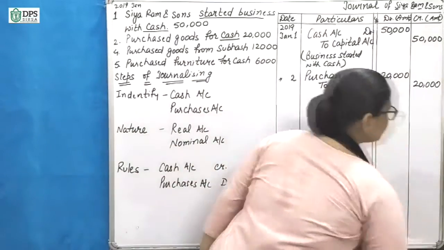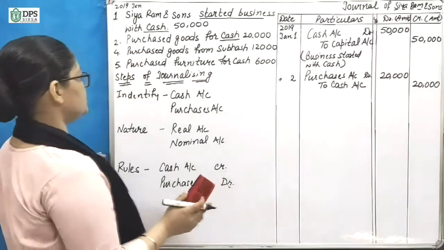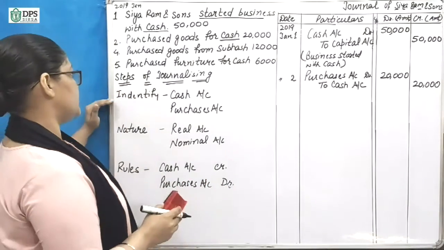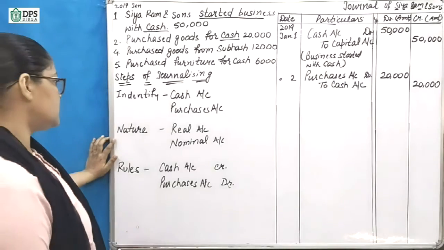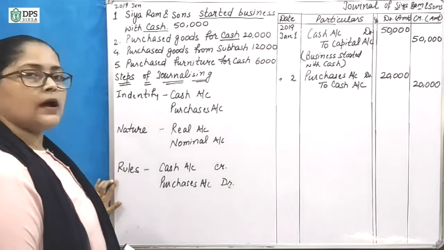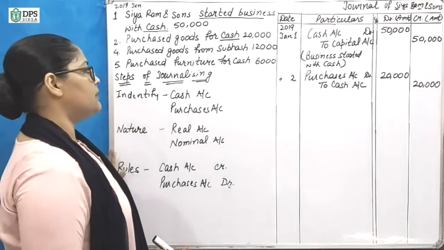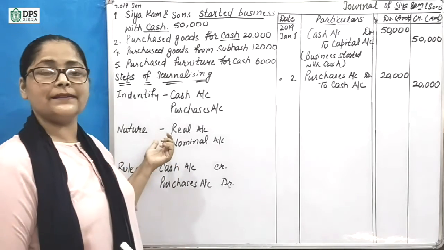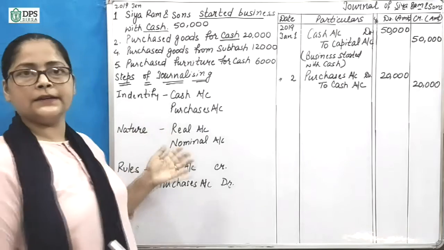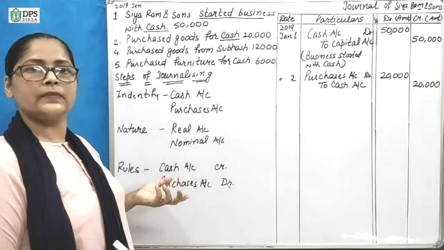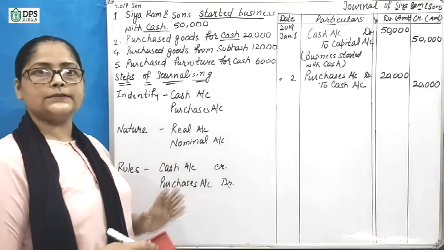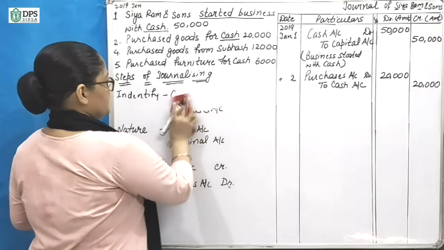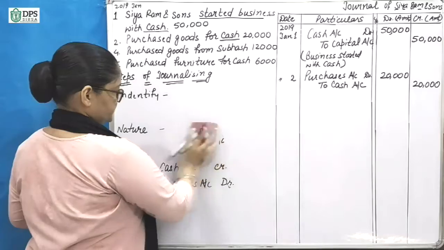When you do a number of transactions, you will be expert in this. First of all, you have to put in efforts for this. Identify first of all, then decide the nature, and then apply the rules. And it will be clear to you only when you are perfect in the double entry system lesson, and you know what the different types of accounts are. So we will move towards the third transaction.